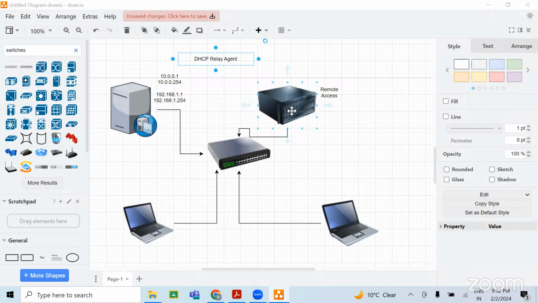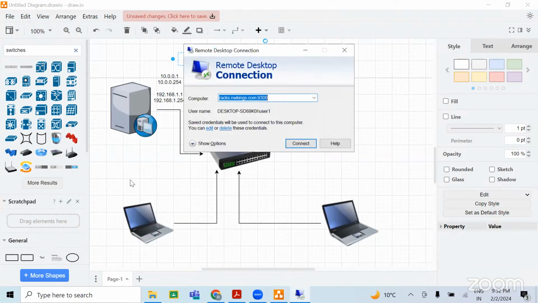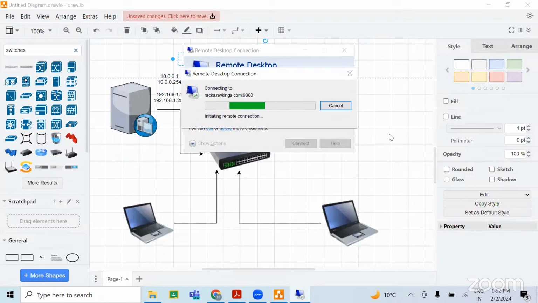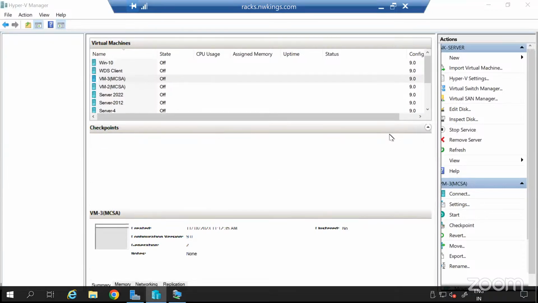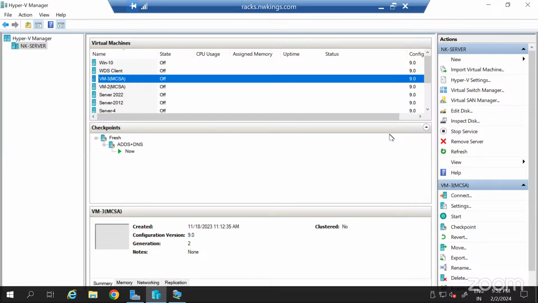All right. So see, in a server, there are multiple features. Let me give you an idea of servers, right? If you want to make a server a web server, or a domain controller, or a DNS server, for all of these things you have to install some roles and features.